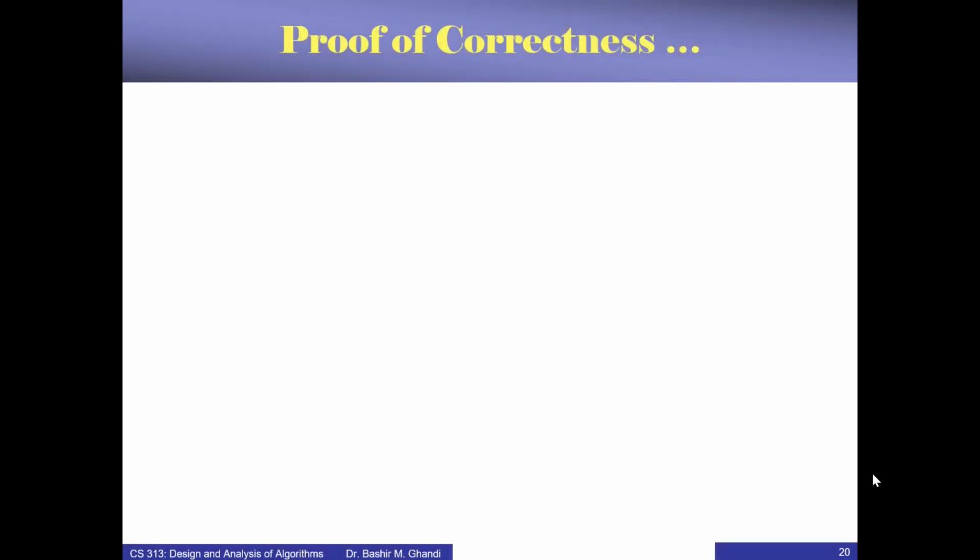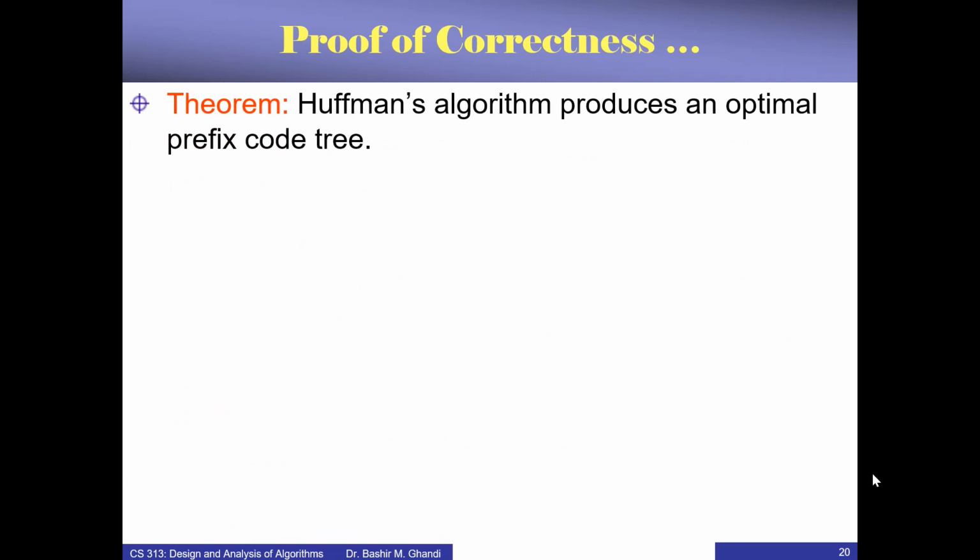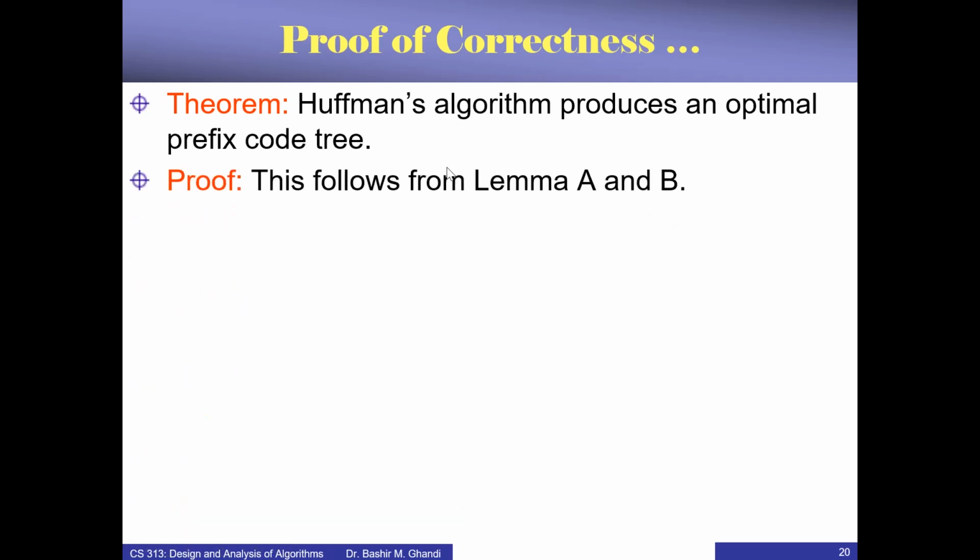Now we're going to combine both lemmas into this theorem. The theorem says Huffman's algorithm produces an optimal prefix code tree. This follows directly from lemma A and lemma B. We don't have to do anything else. We have proved that the algorithm satisfies the greedy property, and also it satisfies the optimal substructure property, and therefore the tree it will give us is indeed going to be optimal. So this brings us to the end of the second part of the lecture